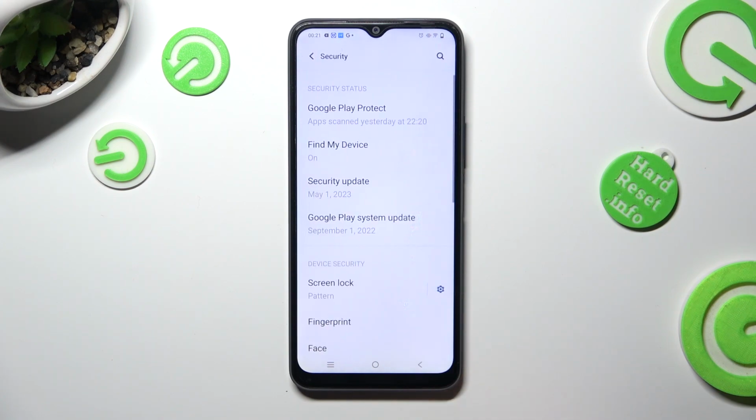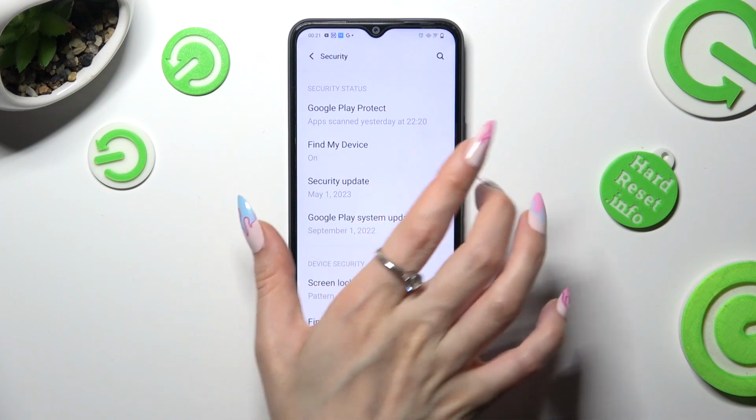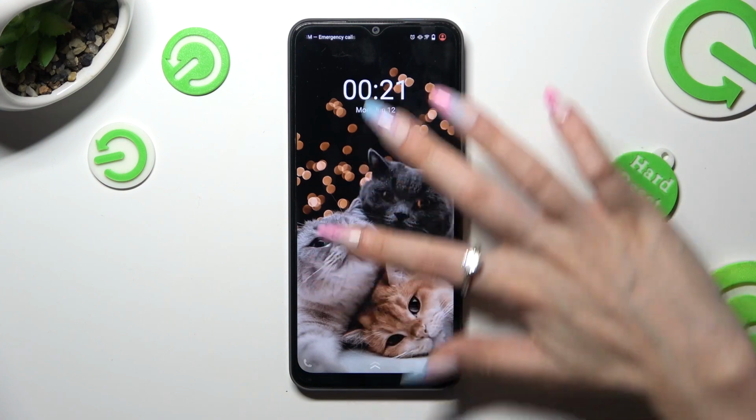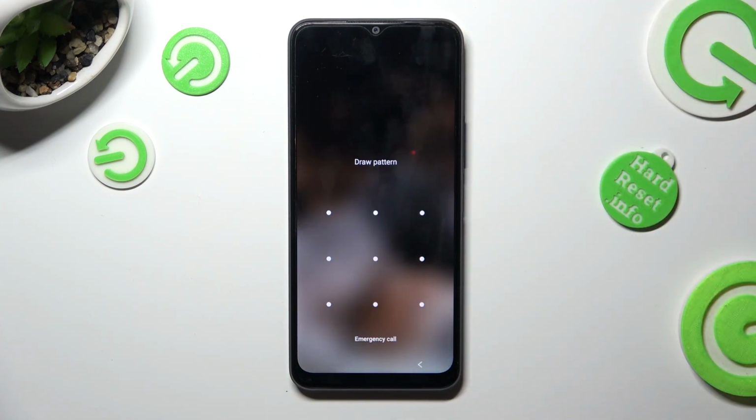corner. So finally, when I switch off my screen, then turn it back on, I can see that pattern is